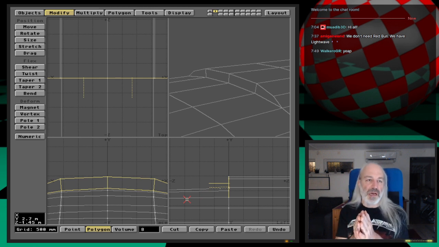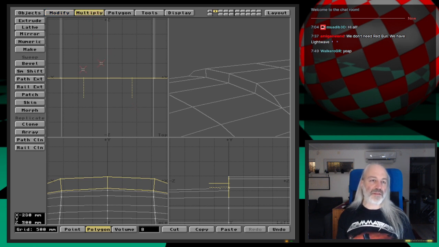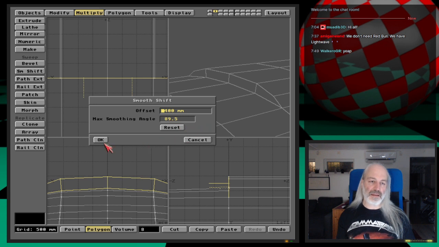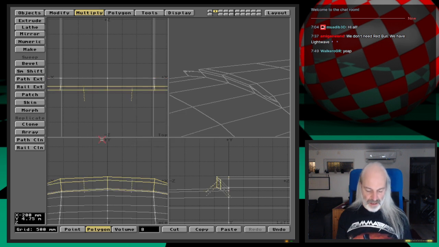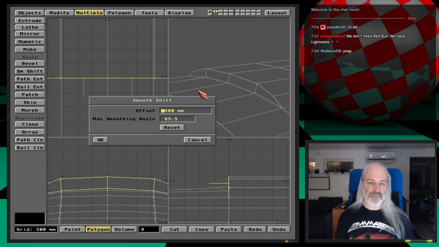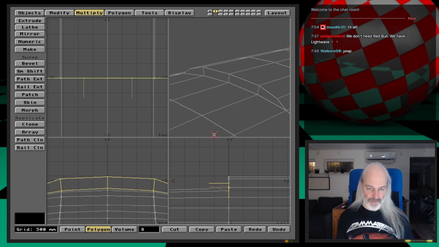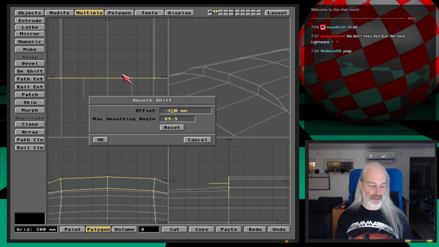So I will be using my smooth shift tool again. Let me see what my current offset will do. I think it will extrude them outwards. Yeah, it will do that. So by pressing undo and smooth shift again, and adding a minus here, see what I did. Yep, but let me go carefully there. So smooth shift and